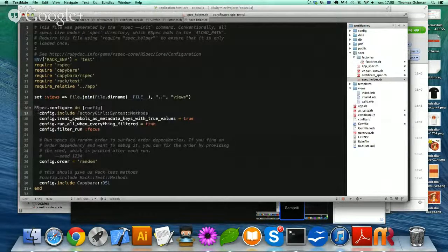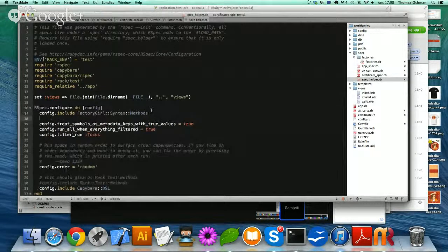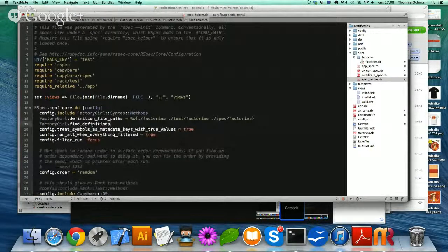Because what I did was config, I'm gonna see methods and then define file paths. Okay. Yeah, just spec dot our factories will work, I guess, because we don't have others, right? Yeah, there are find definitions. But I keep this. Well, yeah, you might as well.